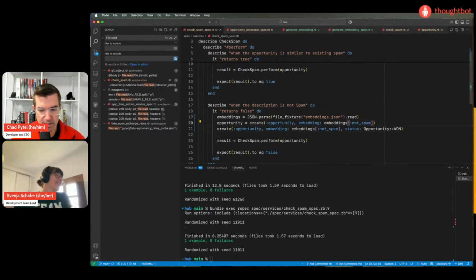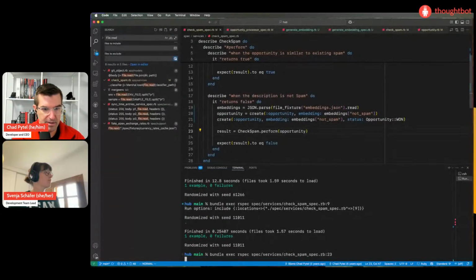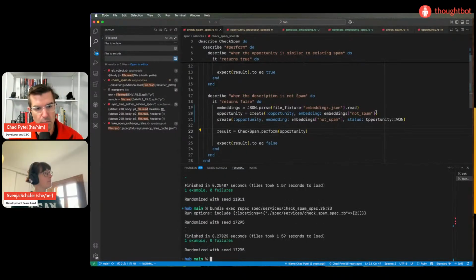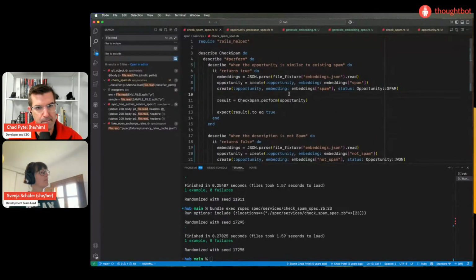Okay, we need to change these to strings. So now the nearest neighbor is the one opportunity, and so it's not being categorized as spam.